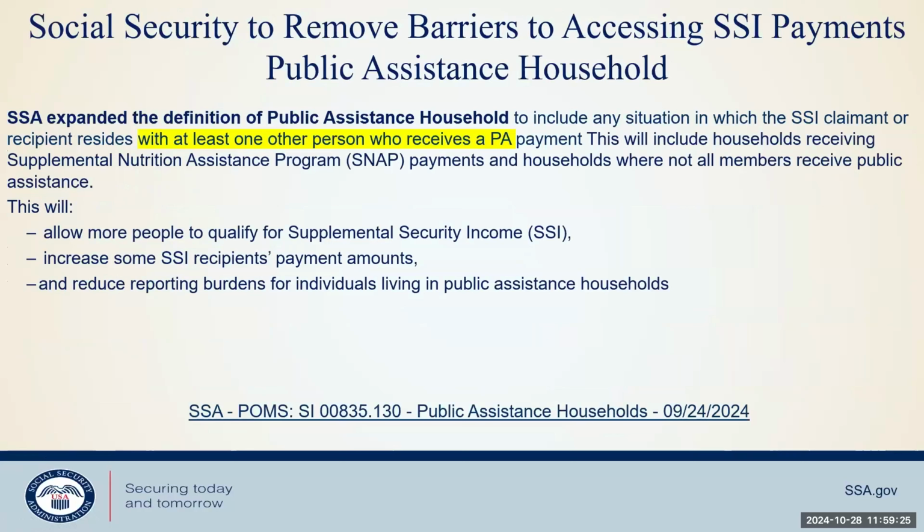Lastly is something called public assistance. It used to be if an individual, let's say everybody in the household was getting some form of public assistance, so an SSI recipient, a TANF recipient, and maybe some other form of public assistance, we didn't have to develop sharing for that. However, if an SSI recipient was with, let's say, someone else receiving TANF, and then a third person does not receive any public assistance, that used to be a sharing situation where that SSI recipient we had to develop what's